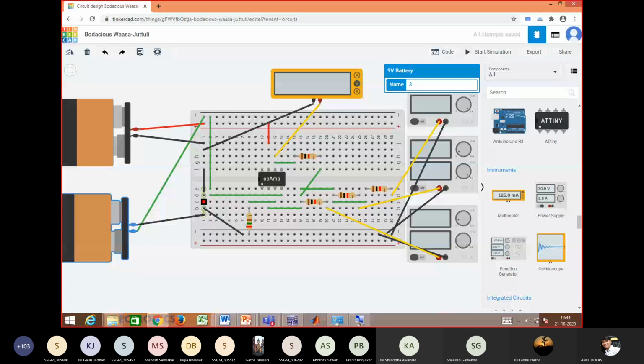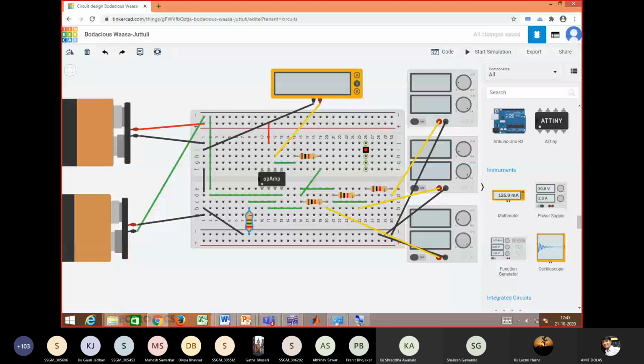In pin number 3 I have connected an RCOM of 250 ohm, that is in pin number 3 and ground. Pin number 1 and 5 are kept open as they are offset null. Pin number 8 is already not connected. So I hope the circuit diagram is complete.